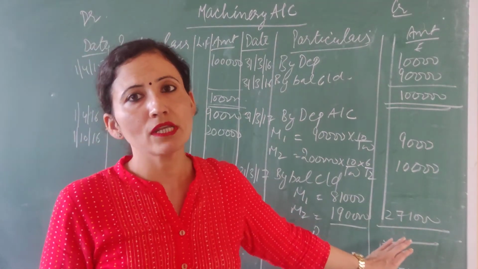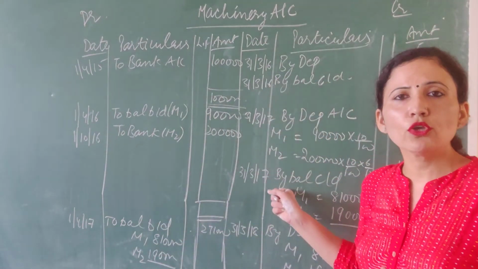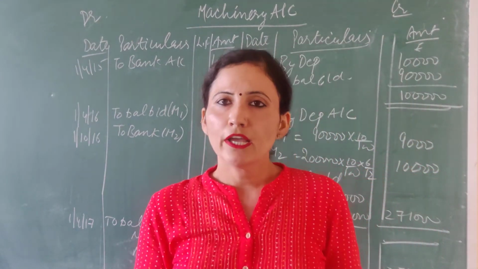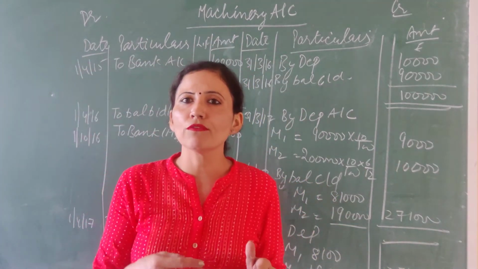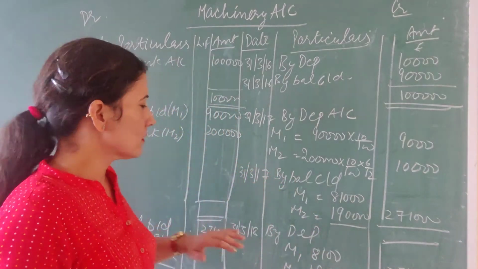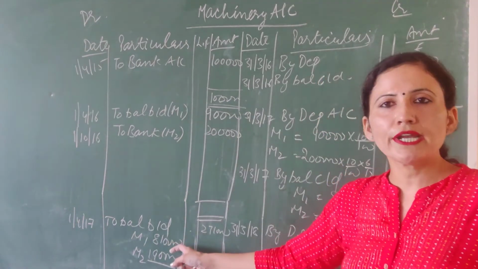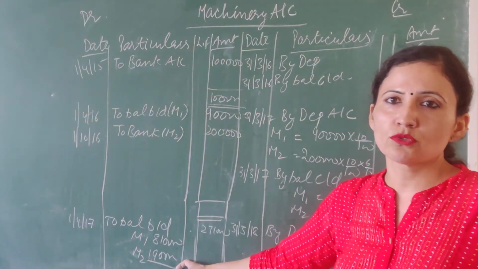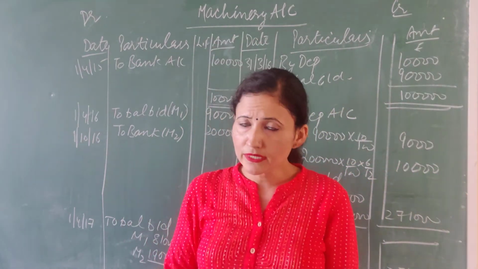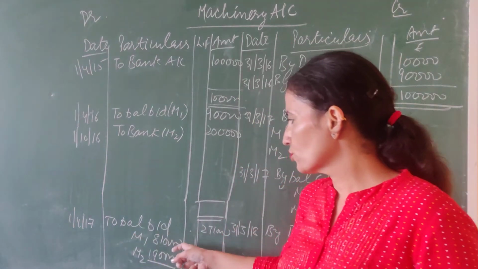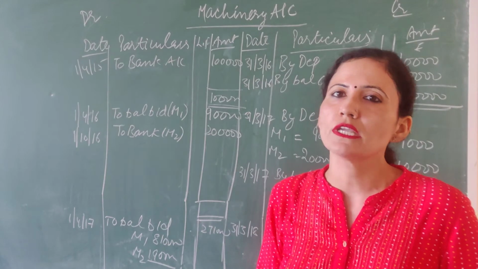This would be 2,71,000. So again, take care of this thing that in balance carried down you will have to split the machines' parts. If you have more than one machine, you have to write the carried down in the name of M1, M2, M3. Again, in the third year, I am repeating the M1, M2 detail part, that is 81,000 and 1,90,000. This is because we have to put the depreciation on the brought down figures. That is why we have to show the detail in our detail column. What are the written down values of these machines?